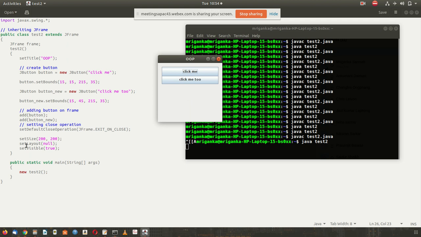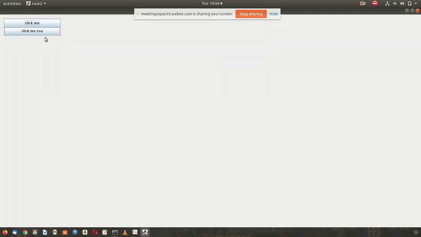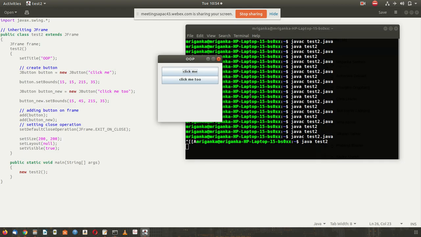After that, set layout. The buttons appeared below one another. Like when you write a letter, there is a format, there is a layout.